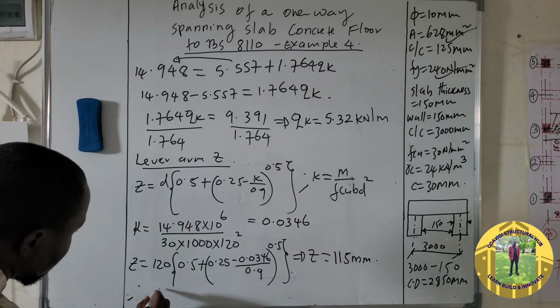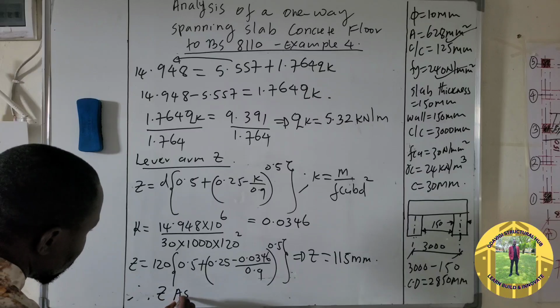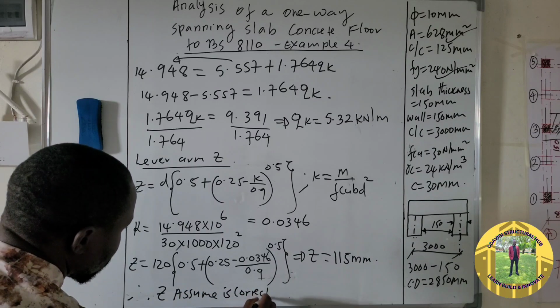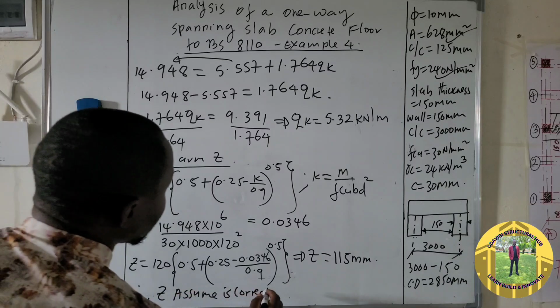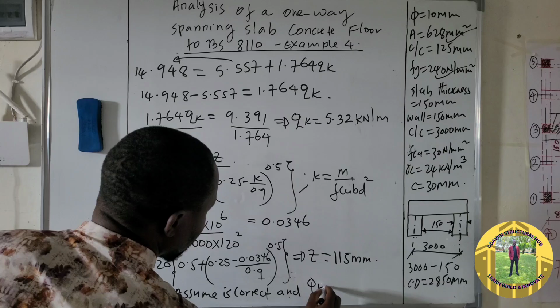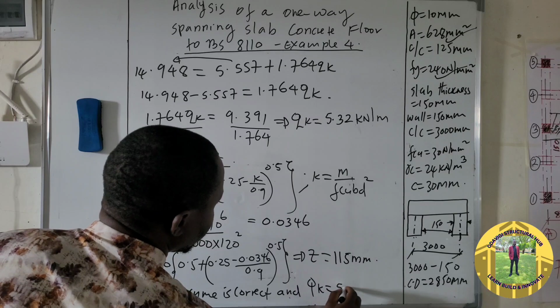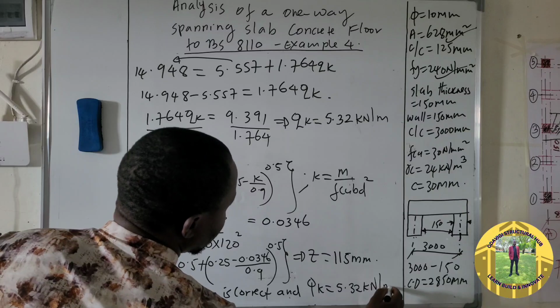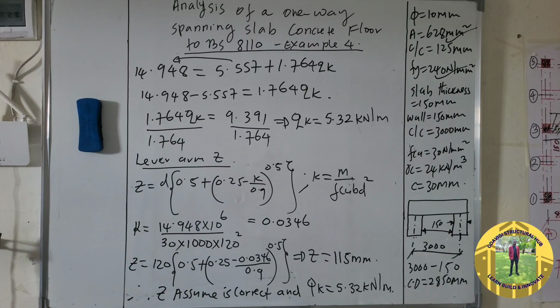So therefore Z assumed is correct, and QK is equal to 5.32 kilonewton per meter. So that marks the end of this question, and we proceed to a question for a